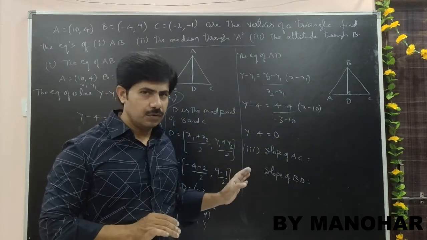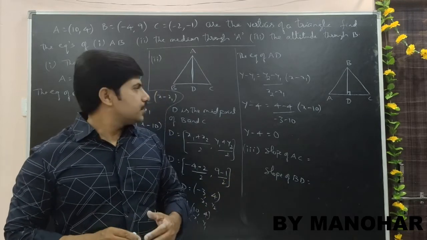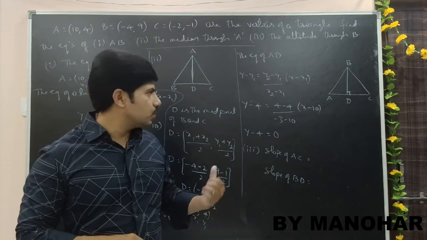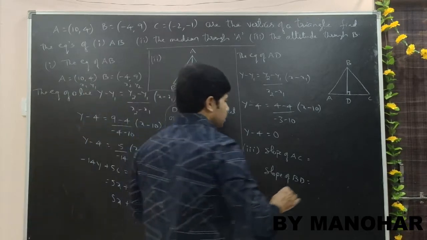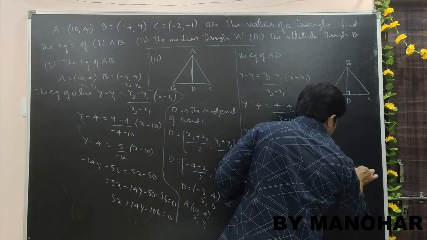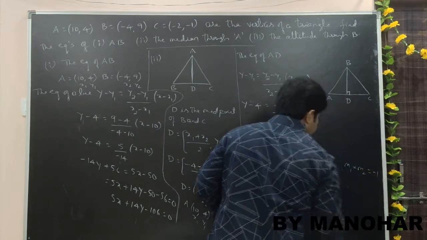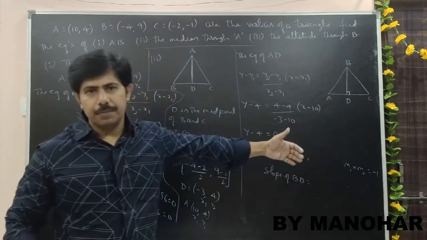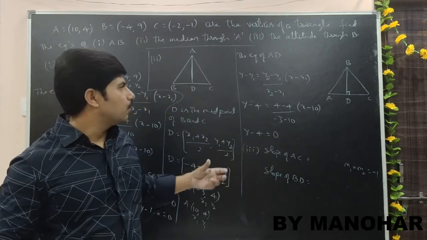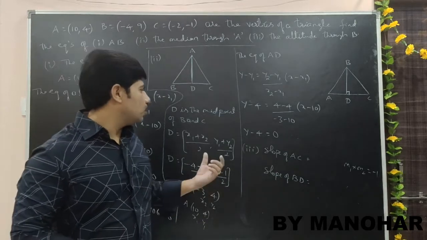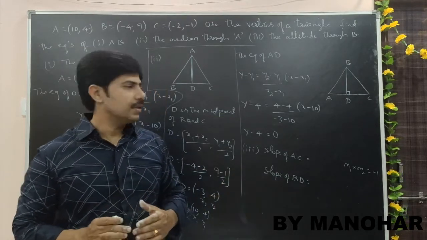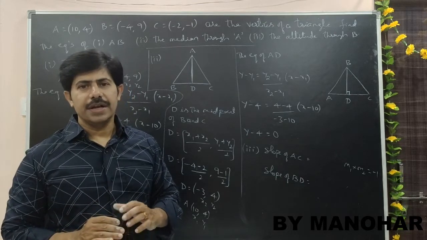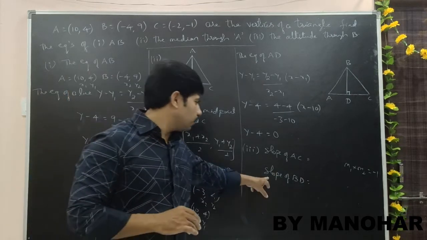Okay, this is one way of doing it. Or find the slope of AC, that is M1, and you have to find M2. As the two lines are perpendicular, this is also one condition we have: M1 into M2 is equal to -1. So substitute the slope of AC as M1, you will get M2. That is also correct. But what I request you is find the slope of AC, then just reverse the number and change the sign. Okay, take the reciprocal and change the sign. You will get the slope of BD.